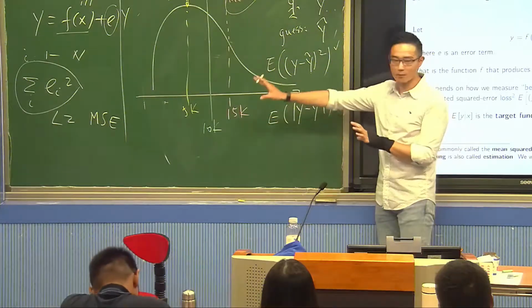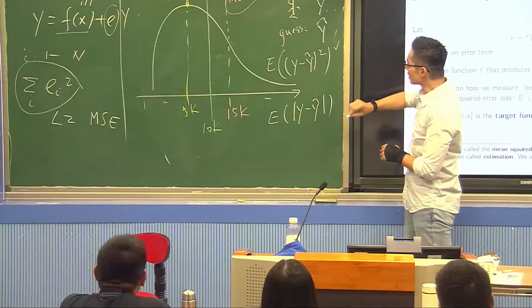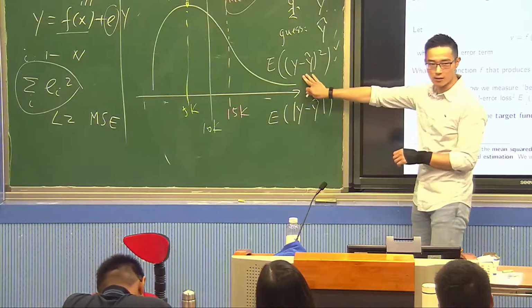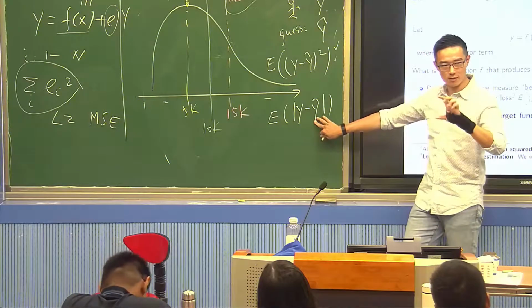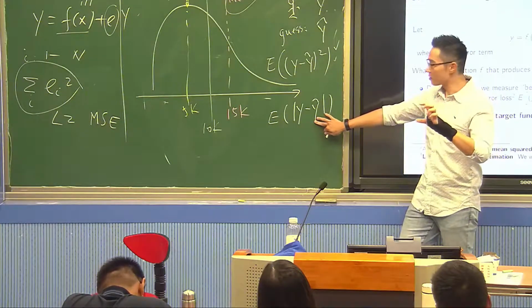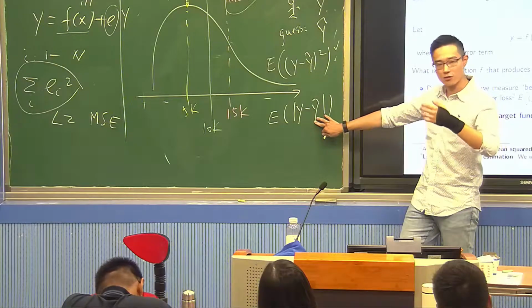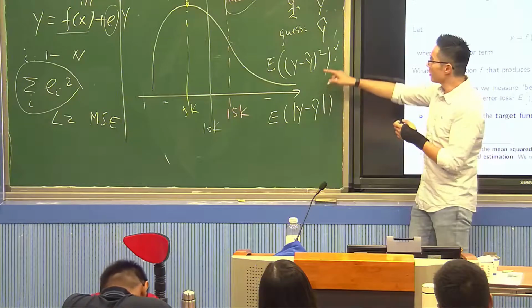Now, before talking about the mode, let's talk about in what case do you want this? In what case do you want this? Now, if you only want your error, right? So this is the error. So what is the advantage of this versus this? If you do squared error,